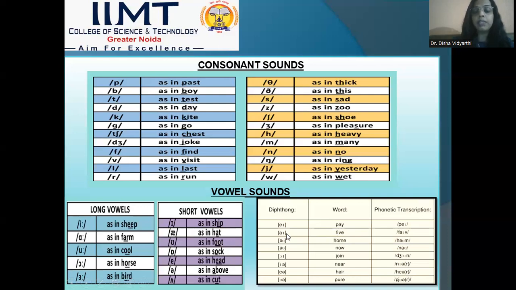Okay, so the basic difference between long and short vowels, or the monophthongs, mono means single sound. So short and long vowels come under the category of monophthongs. It means a single vowel sound, and diphthong means the combination of two sounds. So these are the diphthongs. I'll suggest you practice this. In the next session, we'll be discussing articulation in a rather deep manner. We will dive into more details of articulation, and then how to transcribe words. But in this module, we are just having a basic understanding of the phonology of the English language. Now moving on to the next segment.